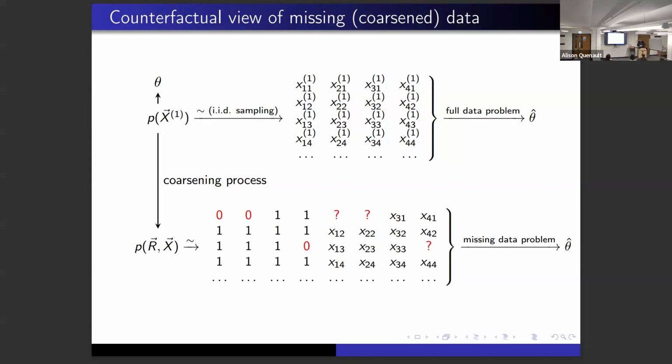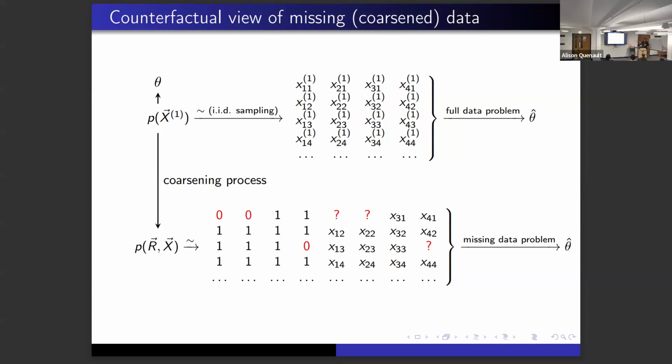And in this data frame, we have some question marks where we don't know what the value is. And we can also figure out what the coin flip must have been, because whenever there's a question mark, it came out 0. Whenever there is no question mark, it came out 1. So this is what my data frame would look like in missing data. The first 4 rows are artificial. We just put them in. We can figure out what they are by looking at what the question marks are.